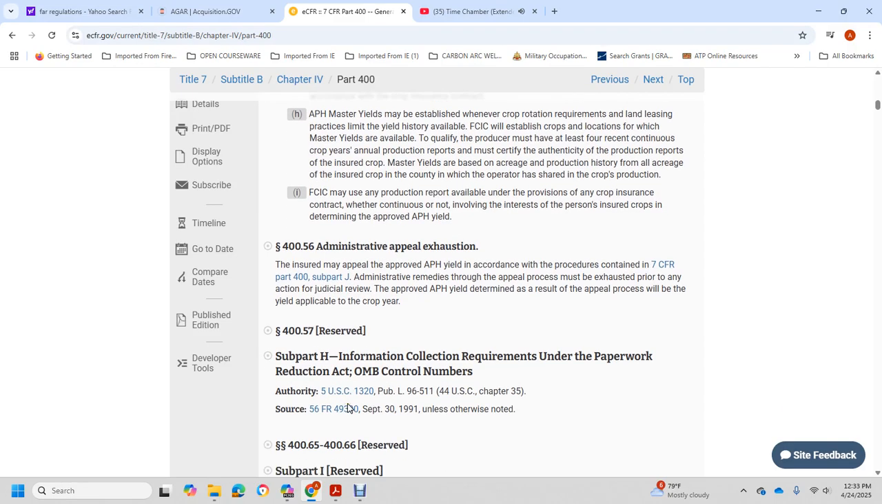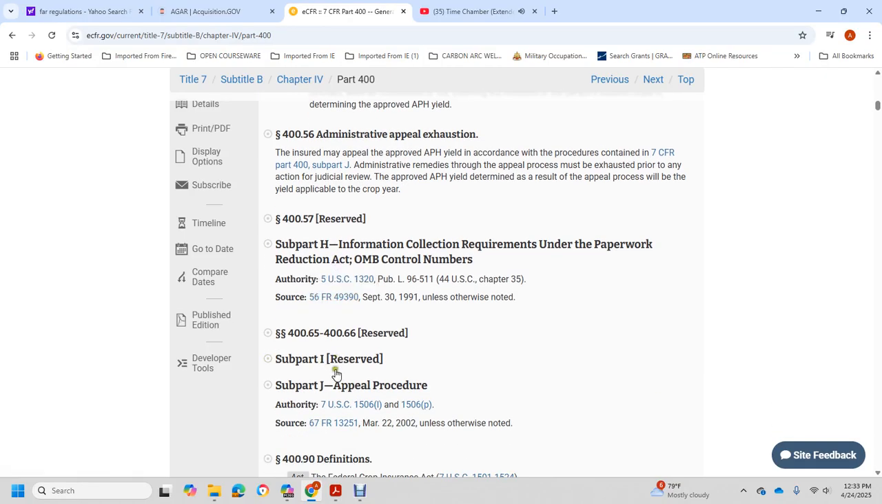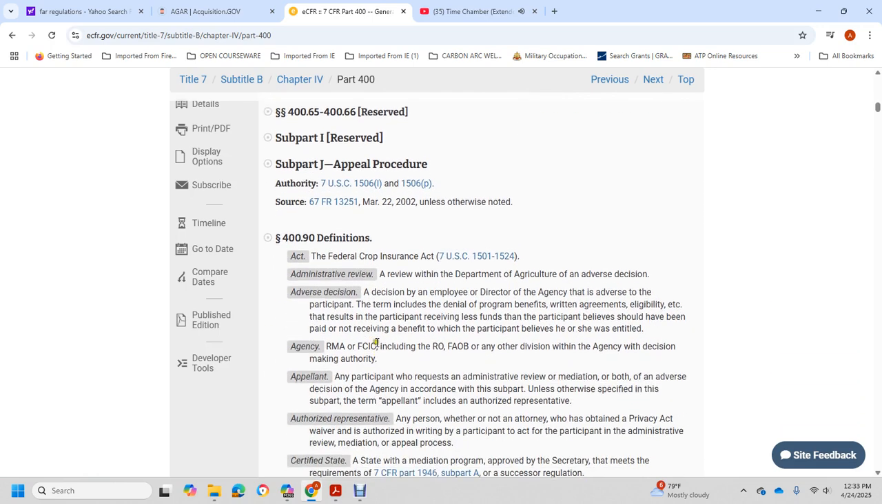457 reserve, subpart H, information collection requirement under the Paperwork Reduction Act over the Office of Management and Budget control numbers 465 through 466. Reserve subpart I, reserve subpart J, appeal procedure. 490 definitions: Federal Crop Insurance, Title 7